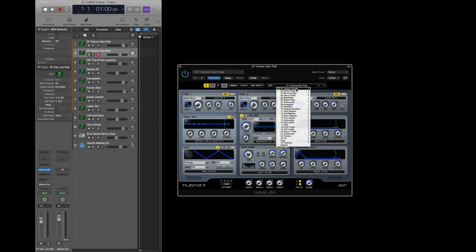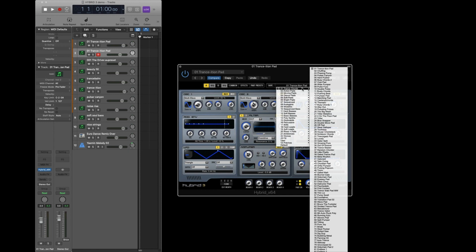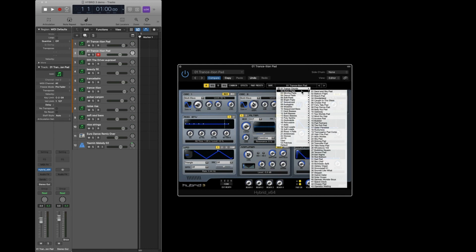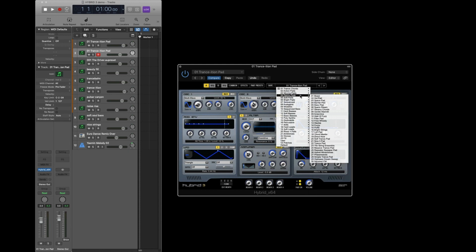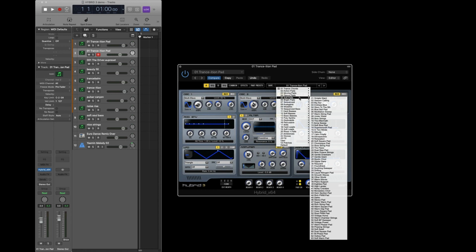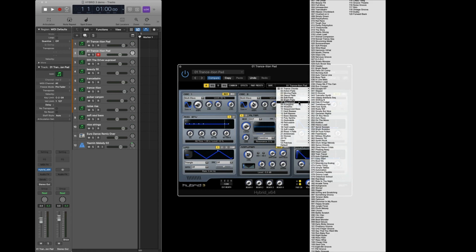That is all the patches. So you have 83 trance chords. You've got 43 action pads, 59 moving pads, 30 dance pads, 63 soft pads, 39 bright pads, 113 sequenced, 120